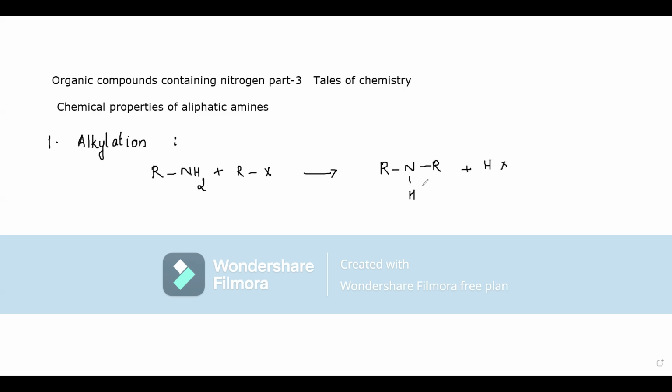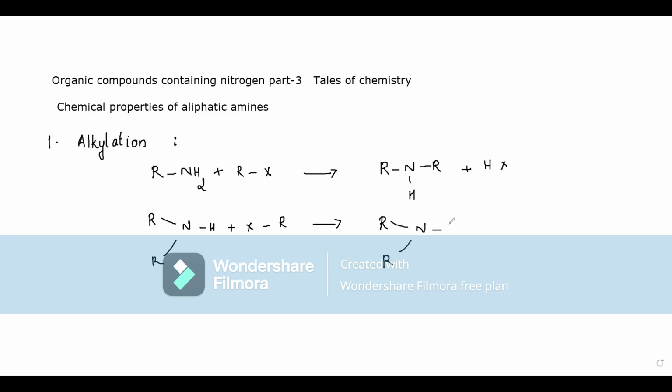This itself is called alkylation of primary amine. Now you can take the secondary amine and alkylate it further. RNRH, this is the secondary amine. Treat it with RX again, you will be getting a tertiary amine,